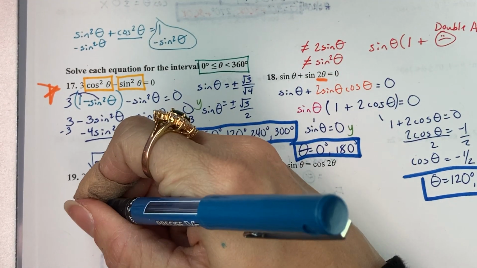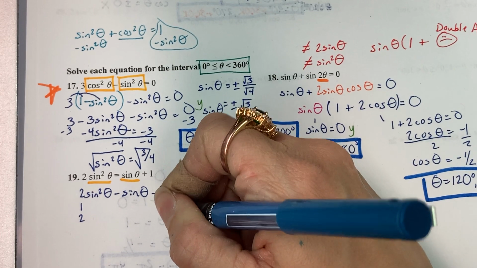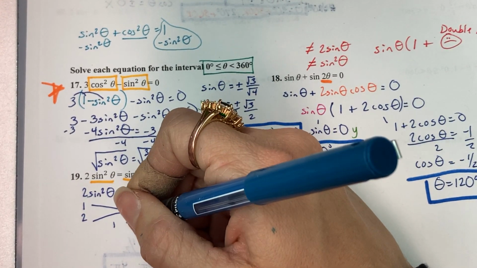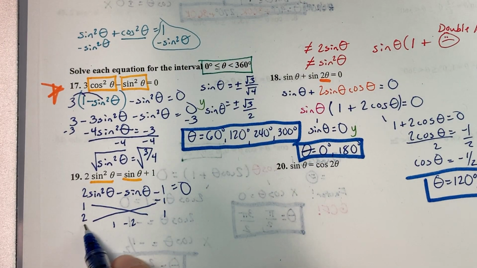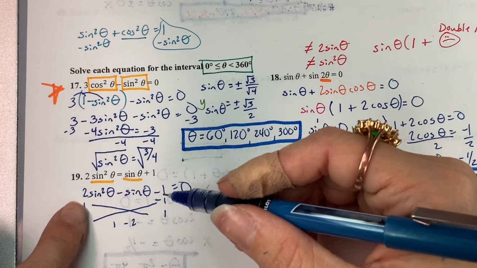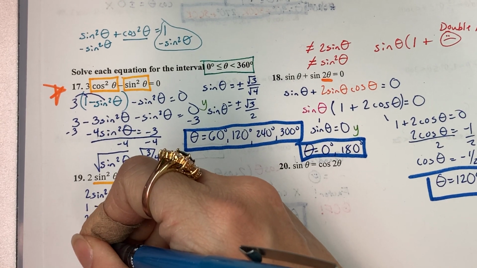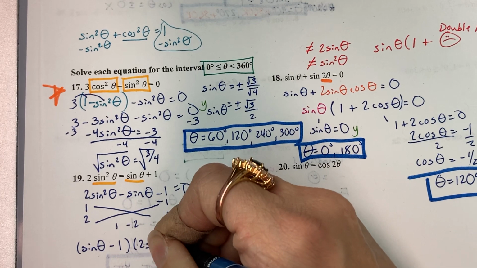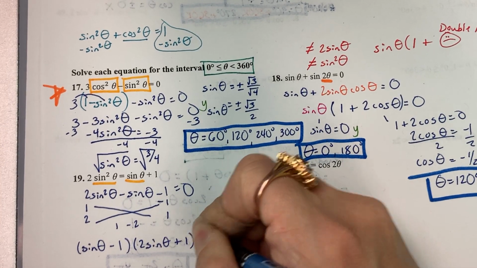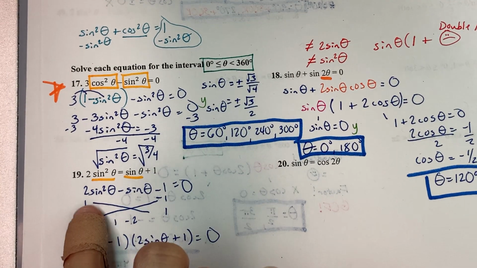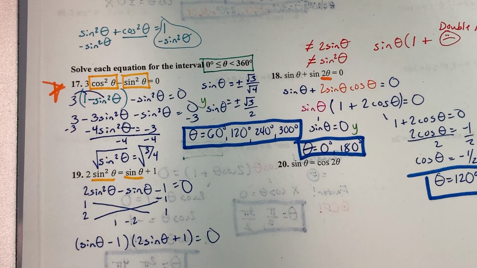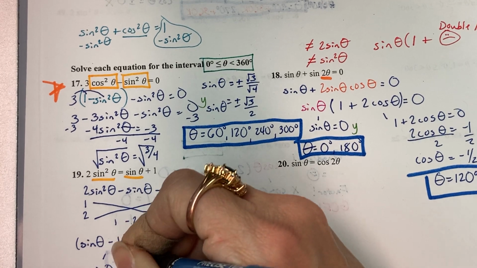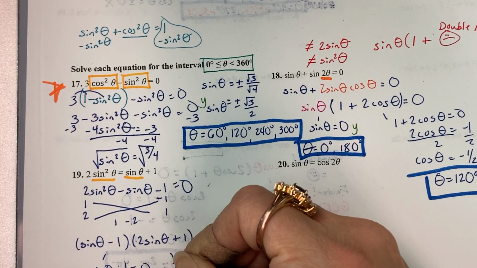So using the x method or the AC method, whichever you like, 1 times 1 gives me 1, 2 times 1 gives me 2. If I need a negative sign, I need my 2 to be negative. So 2 times negative 1 will work. So then 1 sine theta minus 1, and then 2 sine theta plus 1. So don't forget to put your sine back in, because that's how you are factoring it. You're using x like sine. So now sine theta minus 1 equals 0, or 2 sine theta